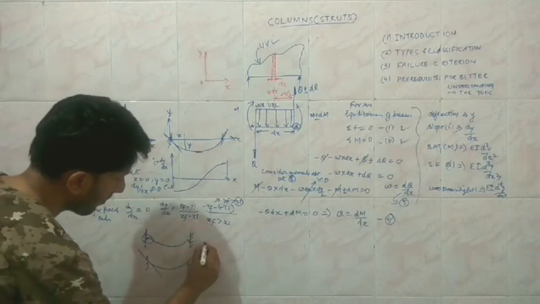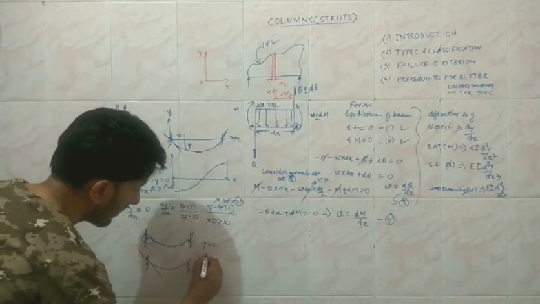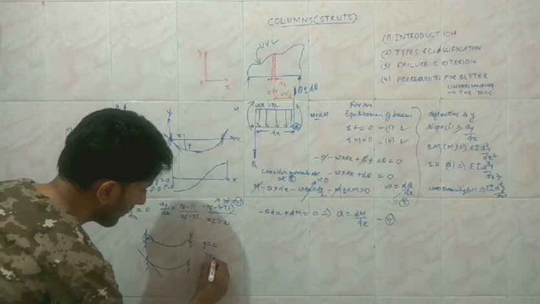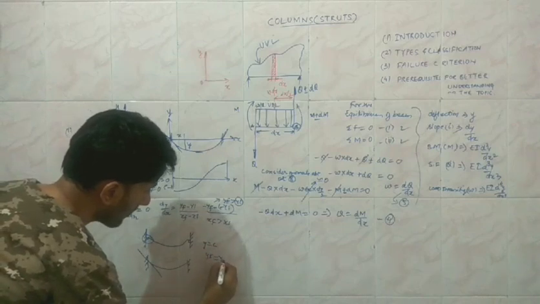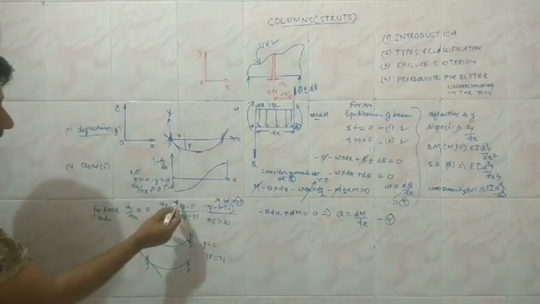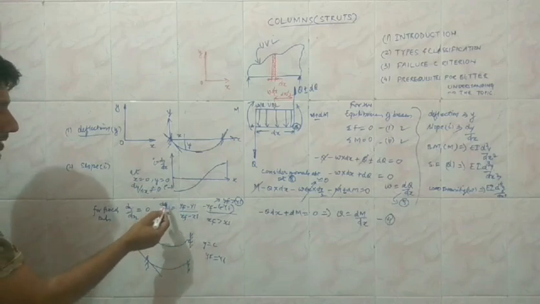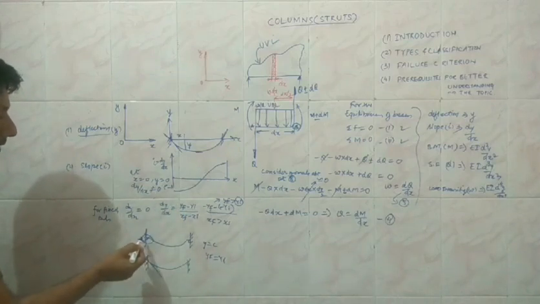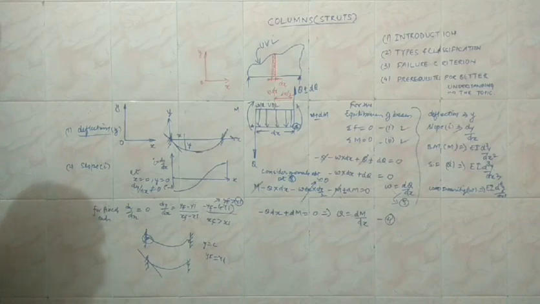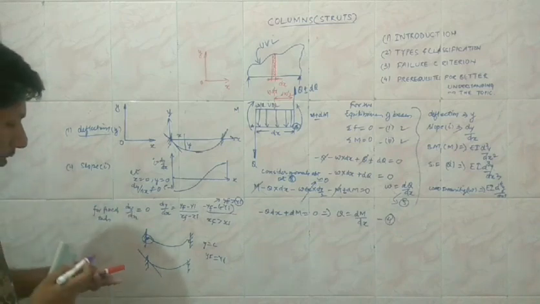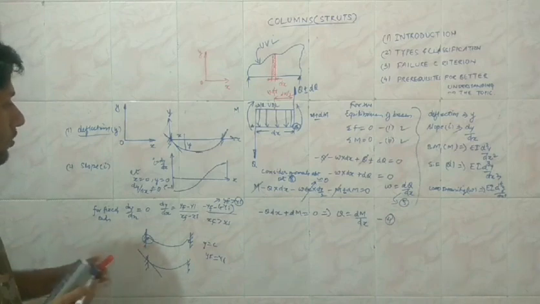That is, y is going to be constant. That is, the final and the initial values are going to be the same. So if the final and the initial values are the same, then dy upon dx at this end, when x equal to 0 or x equal to L, is going to be equal to 0. So it is very, very important to identify for which condition we need to identify the slope.